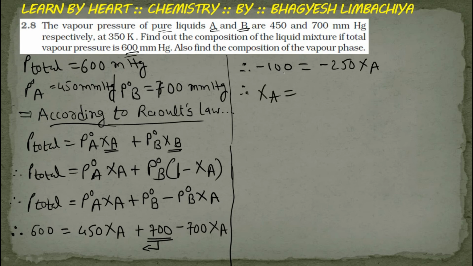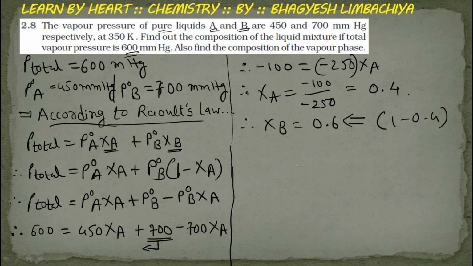So that XA will be minus 100 by minus 250. This minus 250 is shifted towards the left-hand side, so it will be a denominator, and here XA will be 0.4. So that XB will be 0.6. How? 1 minus 0.4. Okay, so this is the composition, that is, the mole fraction of liquid A is 0.4 and the mole fraction of B is 0.6. Now in the vapor phase also